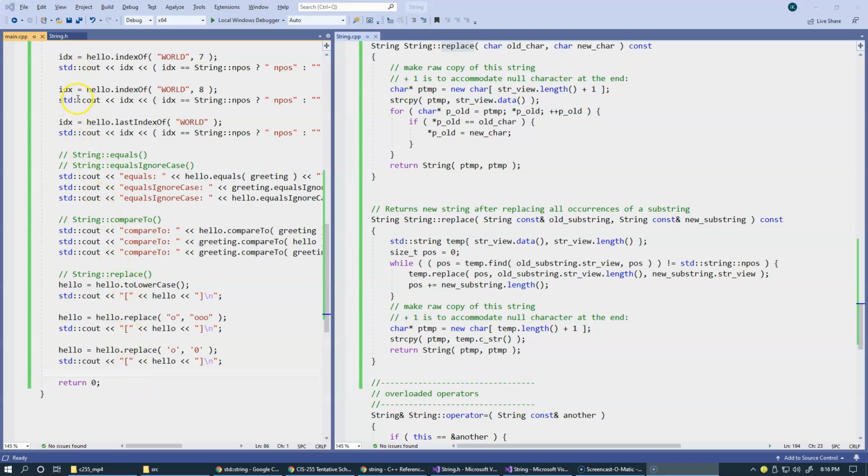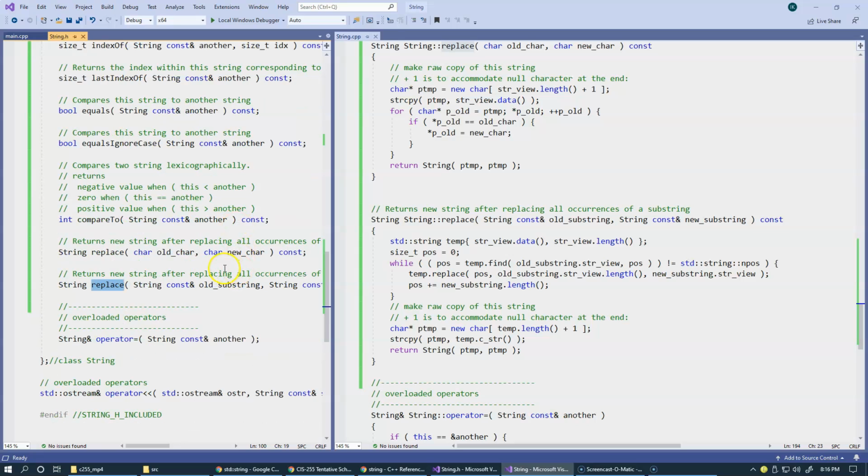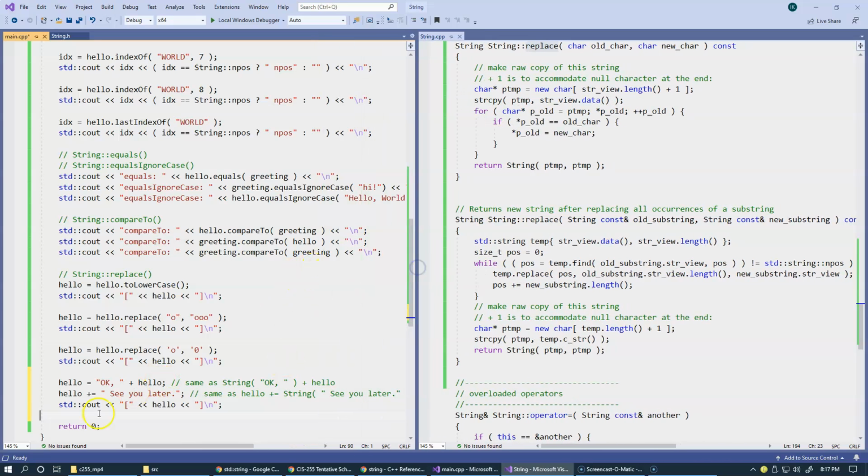Java string also allows the concatenation of strings using the operator plus and operator plus equal. So let's do a demonstration of the possibility of this, using the client code first. We just say that what we should be able to accomplish is that, just like in Java, we can